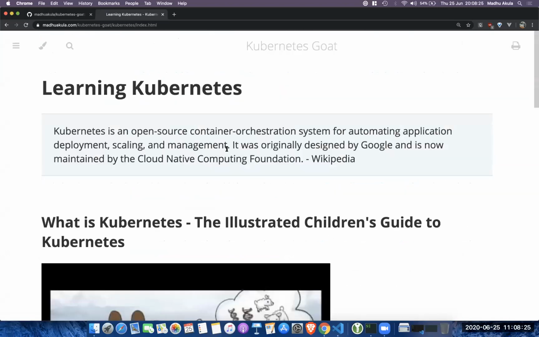So to get started, before we dive into Kubernetes itself, Goat, if you are completely new to the Kubernetes ecosystem, I'm completely coming from a security background. I don't know exactly what Kubernetes is, right? So I would highly recommend you get started with learning Kubernetes, because Kubernetes Goat mainly focuses on you having a basic understanding of Kubernetes as well as security testing, right?